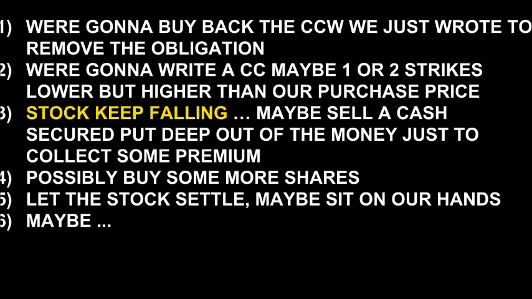So as Alibaba's basing a little and actually falling maybe a point or two, I decide that I think Alibaba's basing here. So what I do, I sell a cash secured put about $10 under the current strike price. I don't think Alibaba is going to reach that price, so I'm going to collect that premium, and I think the stock's going to go higher, so I'm not going to be assigned the shares. And that's what I do. I end up writing that cash secured put, and I collect about $2.50. And sure enough, because I put it in a very tight window of 1 week, the stock stays above my cash secured put price, and I never get assigned the shares.